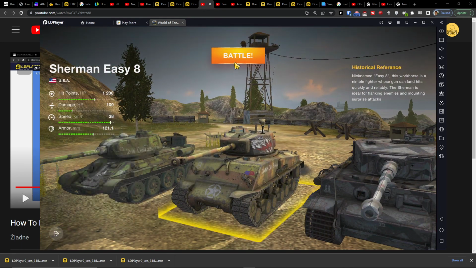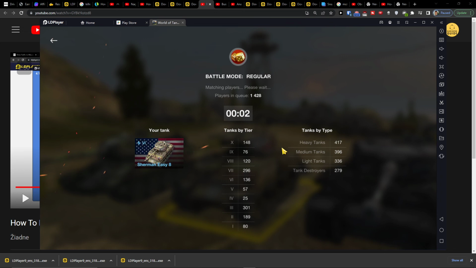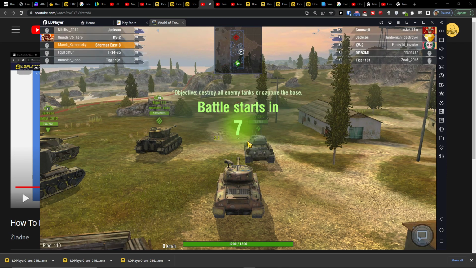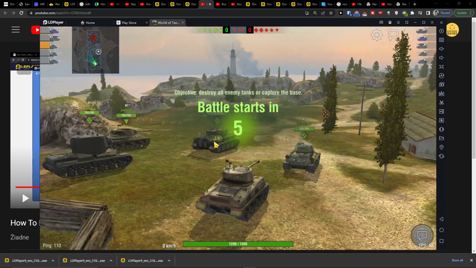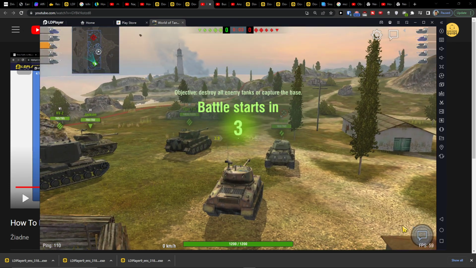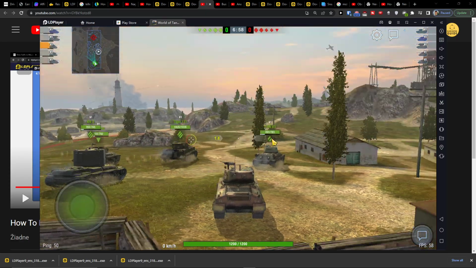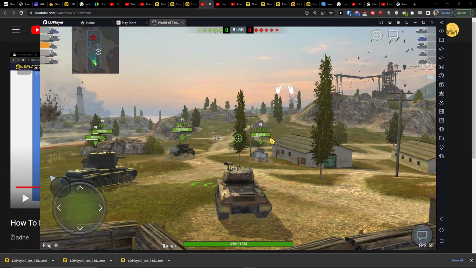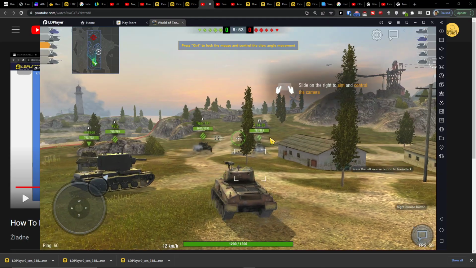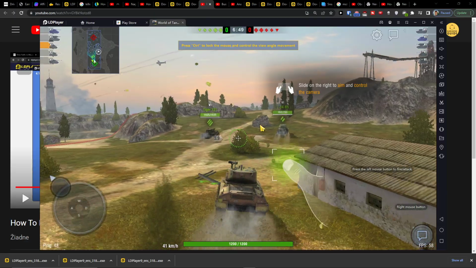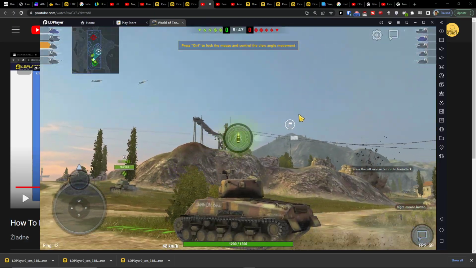Okay, battle. So this is how you move. You see, WASD is how you're going to move. And then you're going to use the mouse here to move with your